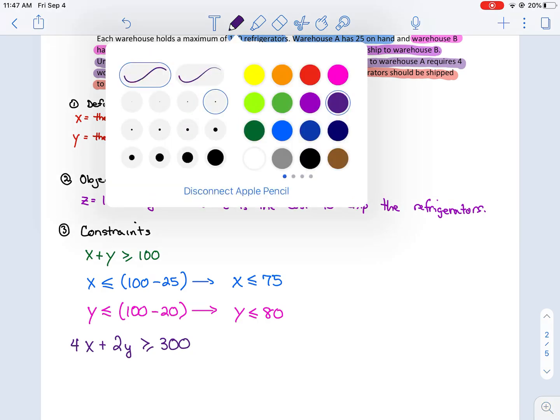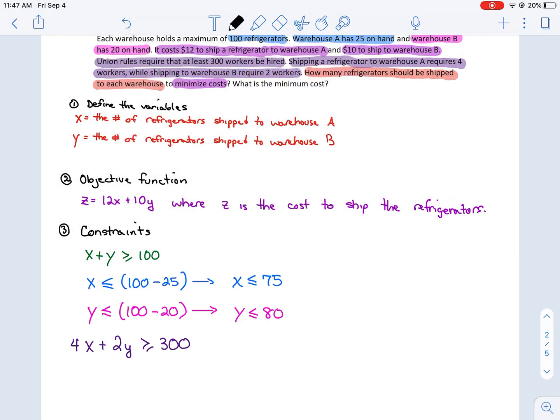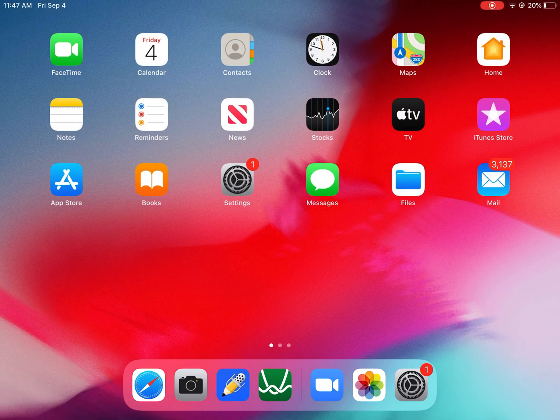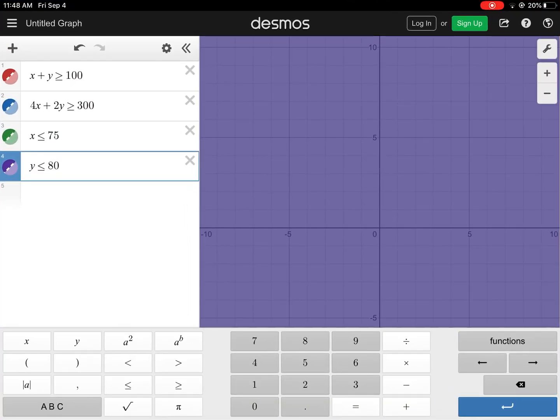Okay, so now that we have all of our constraints, the one in green, the one in blue, the one in pink, and the one in dark purple, I'm going to go into Desmos and graph all of those constraints. As you'll notice, all of the constraints are already graphed in Desmos. However, I have a purple screen here. So I'm going to change the viewing window so that we can see the feasible region. I'm going to go over here to the wrench,